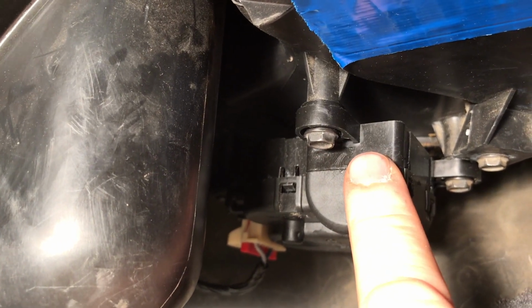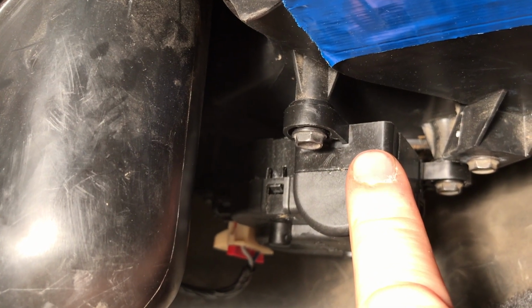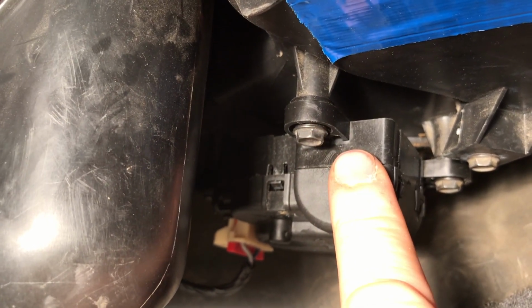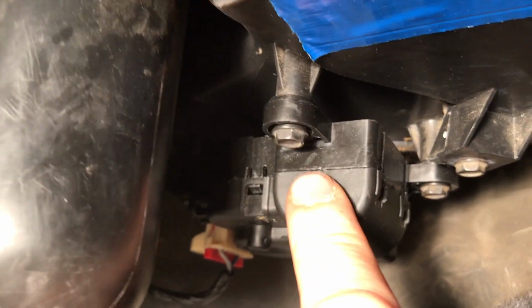The whole thing, I stopped at Napa and O'Reilly, and I think it was $48 at both of them. This is like $35 online, and just flipping that gear over cost me nothing because I had it, and hopefully